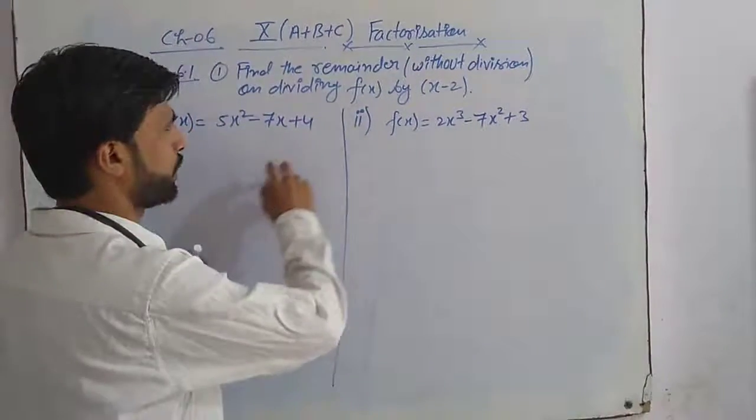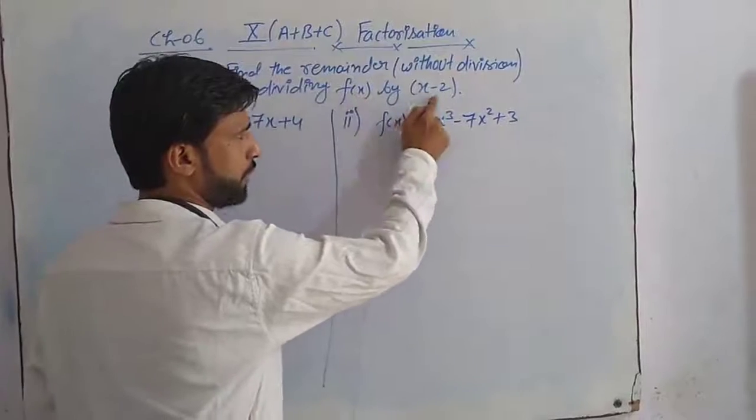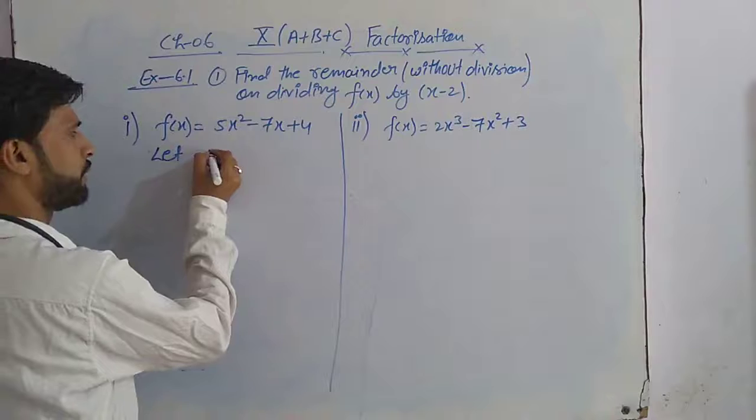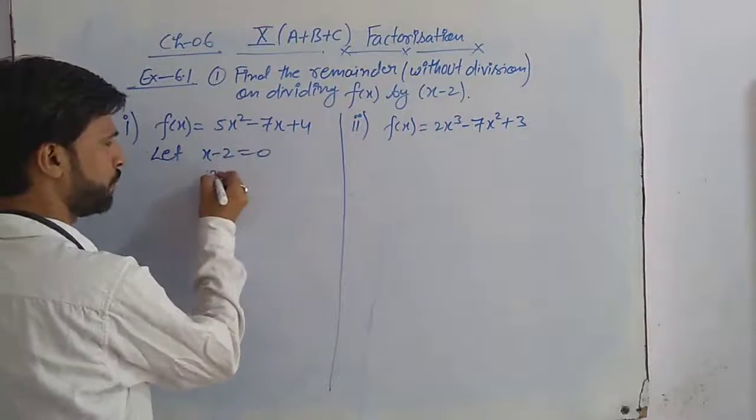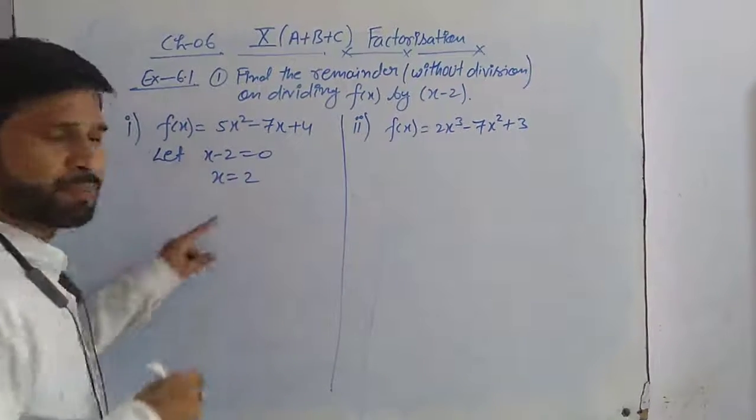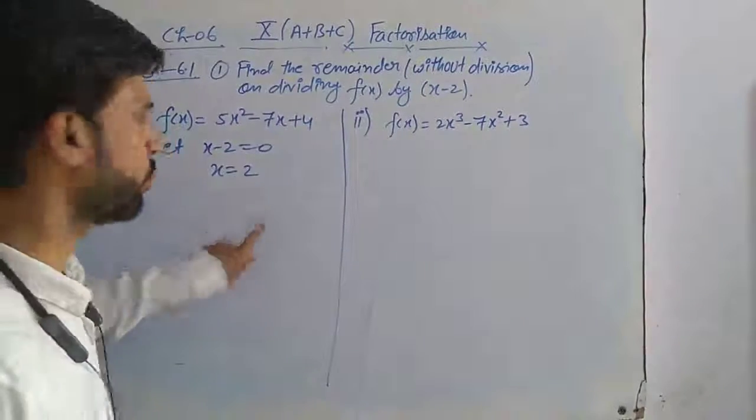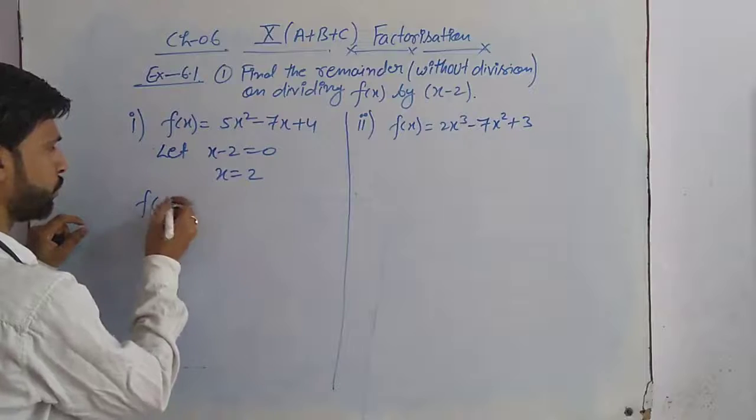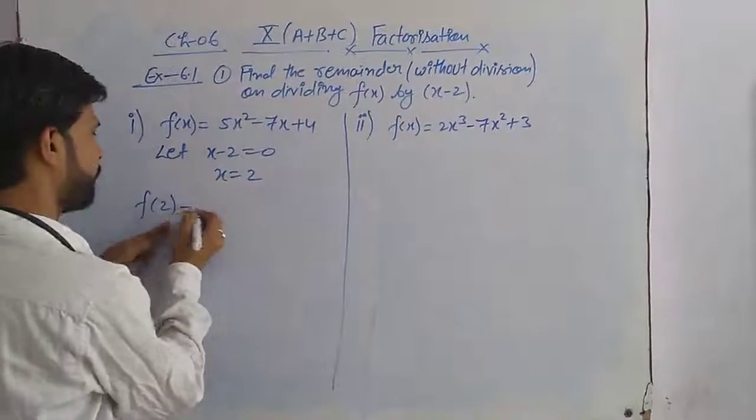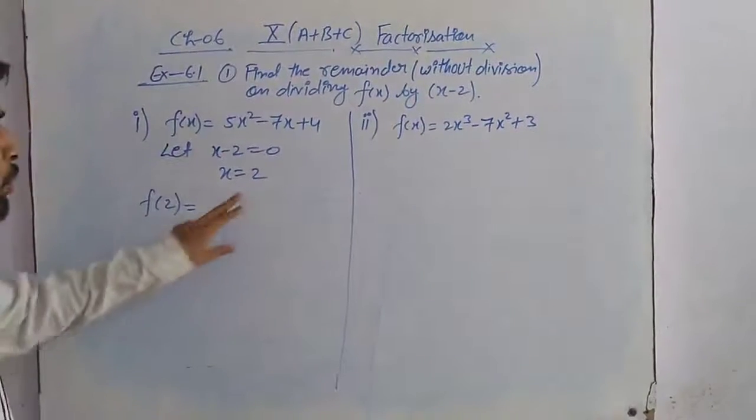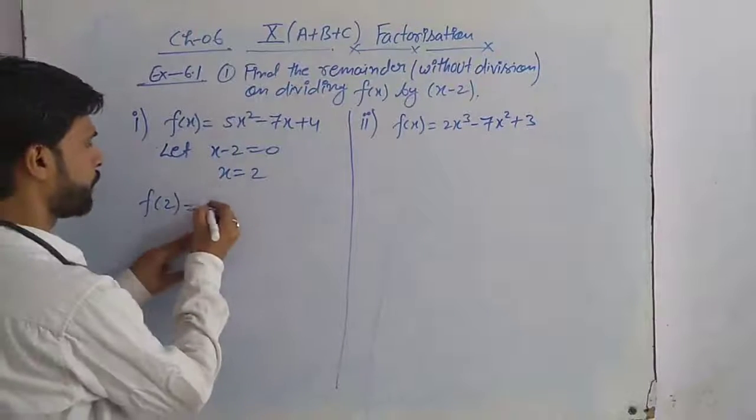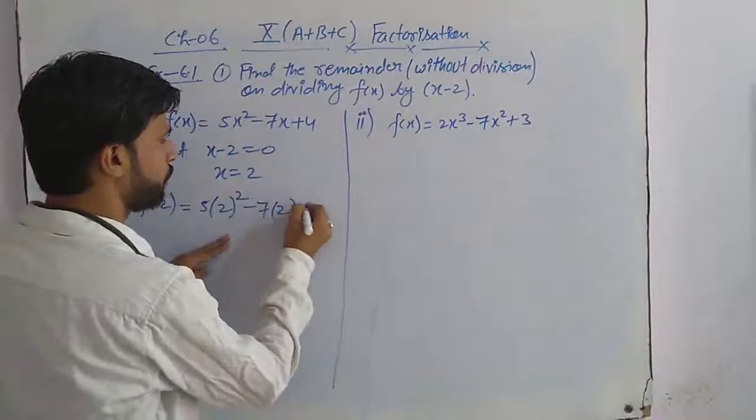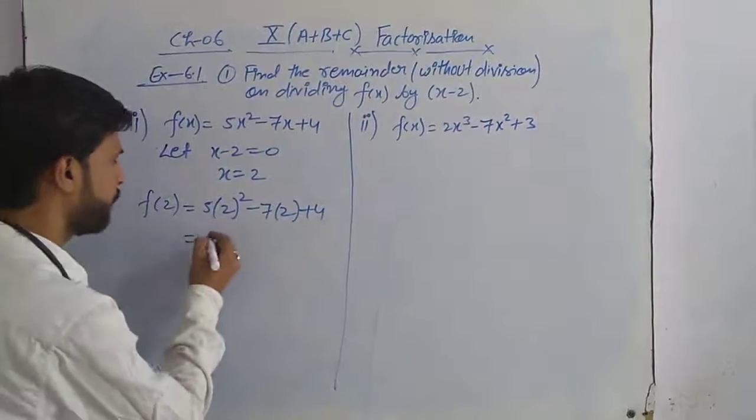Now according to this question, when the given function is divided by x minus 2, let x minus 2 equal 0, then we get x equals 2. Now substituting the value x equals 2 in the given function, in place of x we substitute 2, then we get 5(2) square minus 7(2) plus 4. In this way we have to find